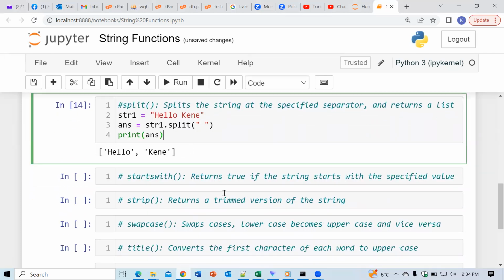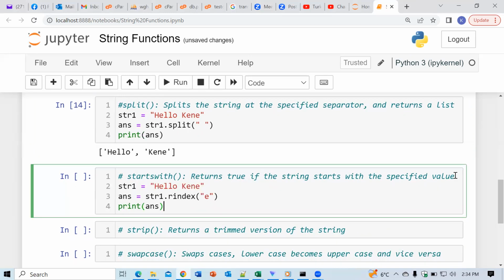What about the startswith method? In this case, we see that it returns true. It's a Boolean method, which returns true if the string starts with the specified value. So just to cut the story short, I have "hello Kenny", and I call the startswith